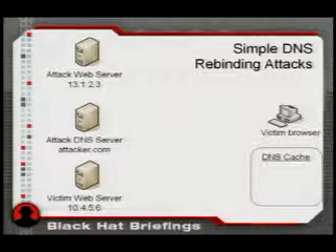Now, as I alluded to earlier, simple DNS rebinding is kind of the grandfather of anti-DNS pinning attacks, so you'll see a lot of similarities between this slide and some future ones. The DNS rebinding goes something like this. A web browser is convinced to visit a malicious site, probably through cross-site scripting.